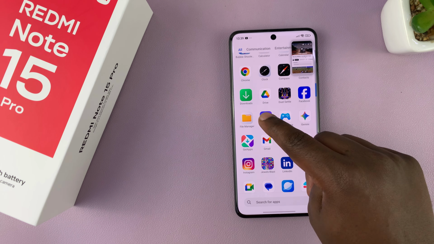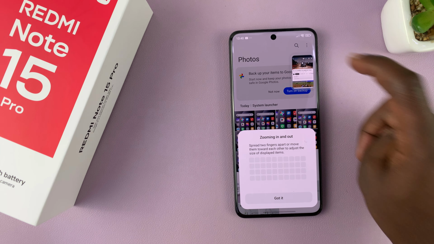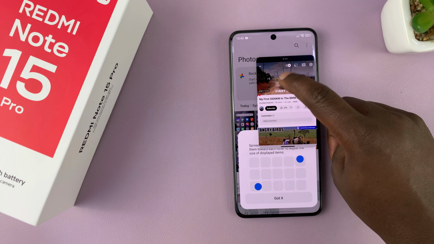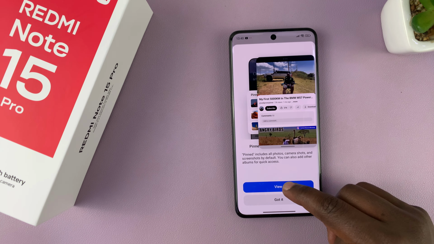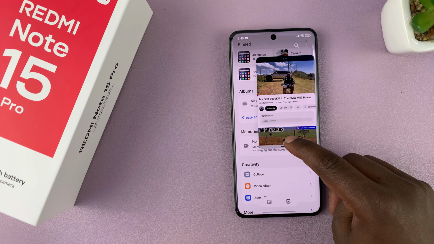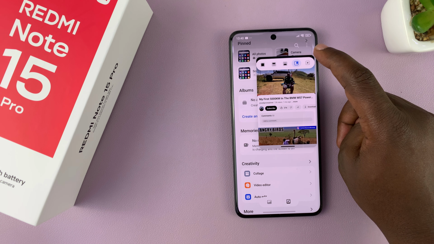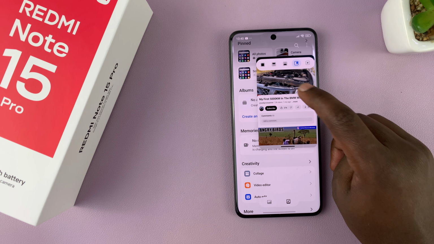You can go and look at, for instance, your gallery, while this window at the top here is doing its thing. So for instance, you can play this video as you do other things on your phone. Okay, you can resize this little window. You can tap the three dots at the top here, and you can actually switch it to split screen mode,